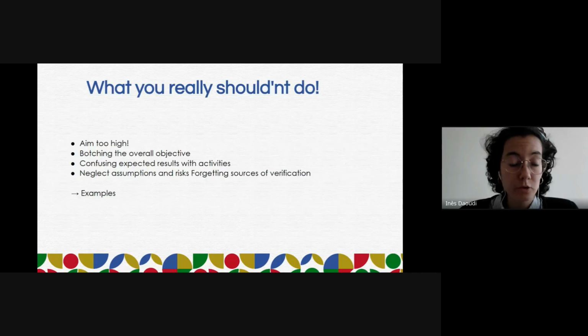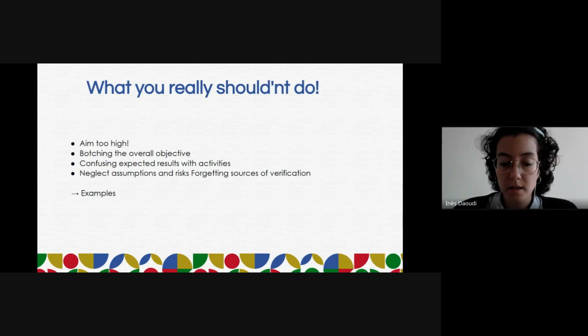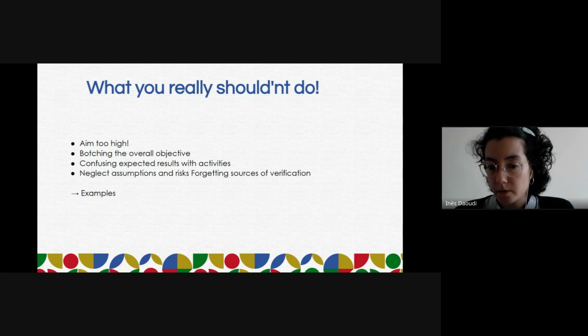Also, in terms of monitoring and evaluation, the results provide clear indicators for tracking progress and assessing the project's effectiveness. And last but not least, it also improves project management. So, for example, planning activities helps organize work, allocate resources, and track implementation. If you write in your logical framework, okay, we're going to implement those 5 activities in the next couple of months, and later on, we will implement other activities, and so on and so forth, then it will improve your own management.